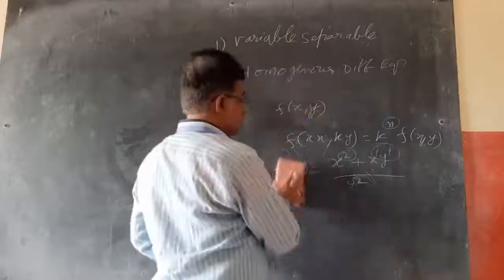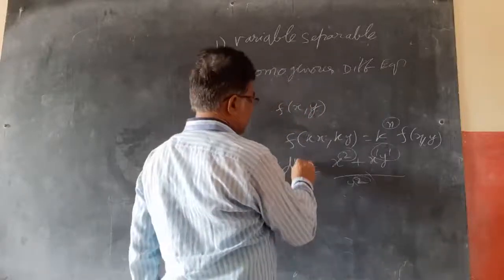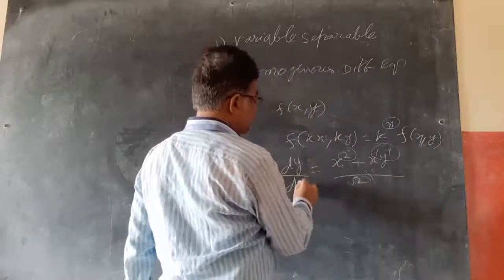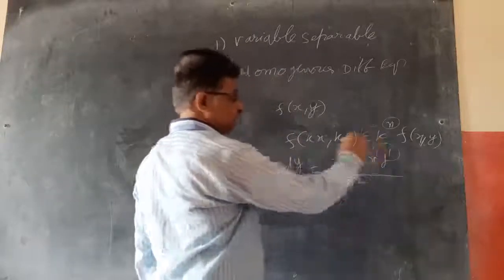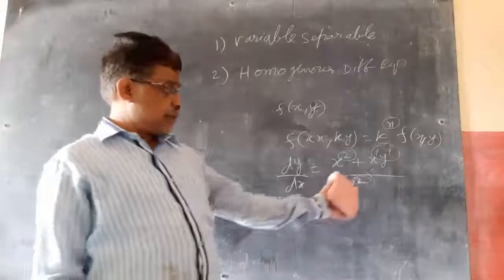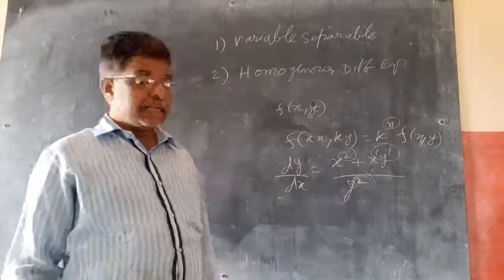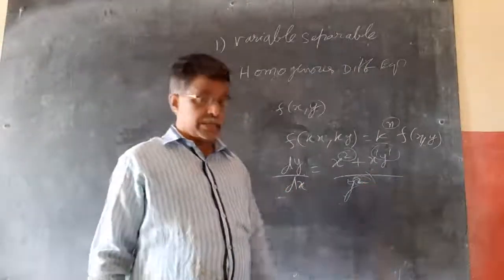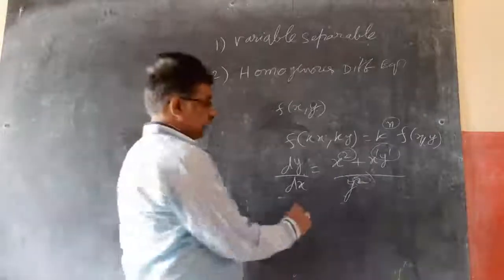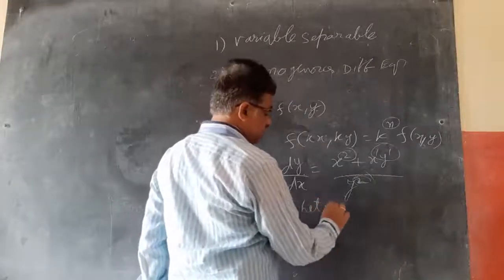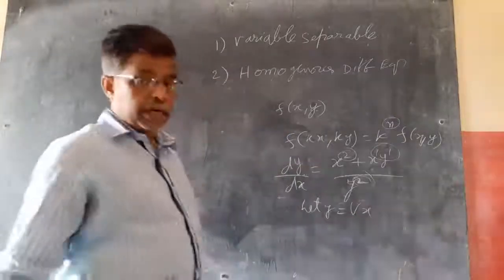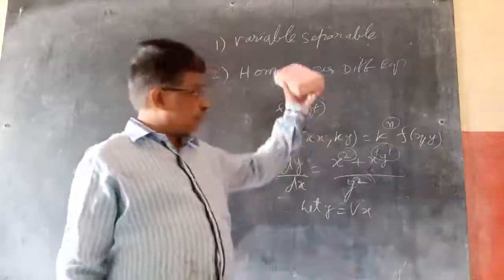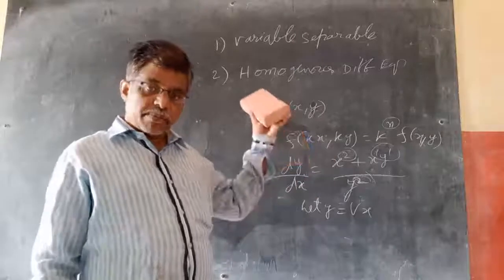So what I want to say is, dy by dx equal to (y square plus xy) by y square, all are of the same degree. kx comma ky gives you k power n f of x comma y. Then this is a homogeneous equation. To solve a homogeneous equation, we will take y is equal to vx. Then differentiating, substituting in this, solving, you will get the answer. Solving the equations we will discuss later, one by one.